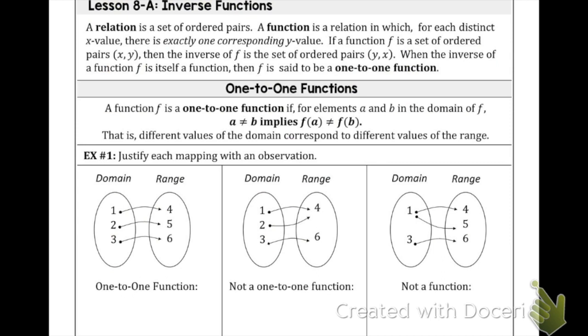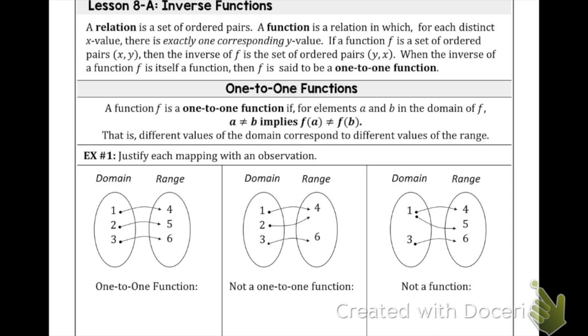So let's begin. So we know that a relation is a set of ordered pairs. A function is a relation in which for each distinct x value, there's exactly one corresponding y value. If a function f is a set of ordered pairs (x, y), then the inverse of f is a set of ordered pairs (y, x). Remember, finding inverses, we flip-flop the x and the y's. When the inverse of the function f is itself a function, then we can say that that original function f